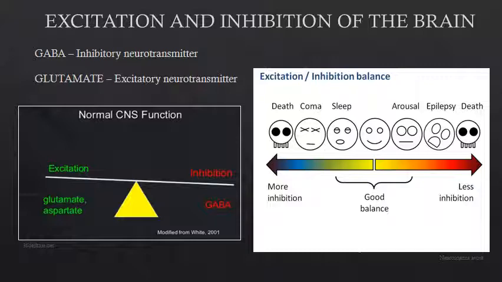Now, when the brain is excited beyond its normal capacity, a seizure can occur. Think of it as a severe power surge that can result in a short circuit. When this excitation is prolonged and sustained, it can even result in death, such as in status epilepticus. To the left end of the spectrum, when sedation becomes severe and prolonged, it can result in coma or even death.